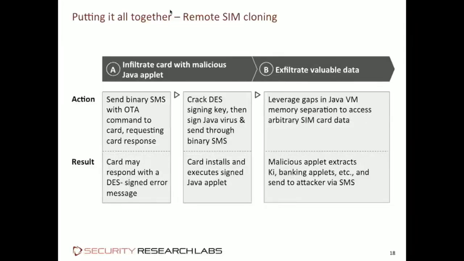So to summarize the attack and what I'll show once this logs in. Against a certain percentage of SIM cards, and at least a couple hundred million SIM cards, somebody can, just given a phone number, send commands there, get stuff back, run it a few minutes through a rainbow table, have a key with which they can sign Java software, download the Java software onto the card, already do a bunch of abuse, like send SMS to expensive numbers, but also then further dig into the card by breaking out of the Java sandbox and read and write anywhere in the SIM card, to the point where you can do a full SIM clone.